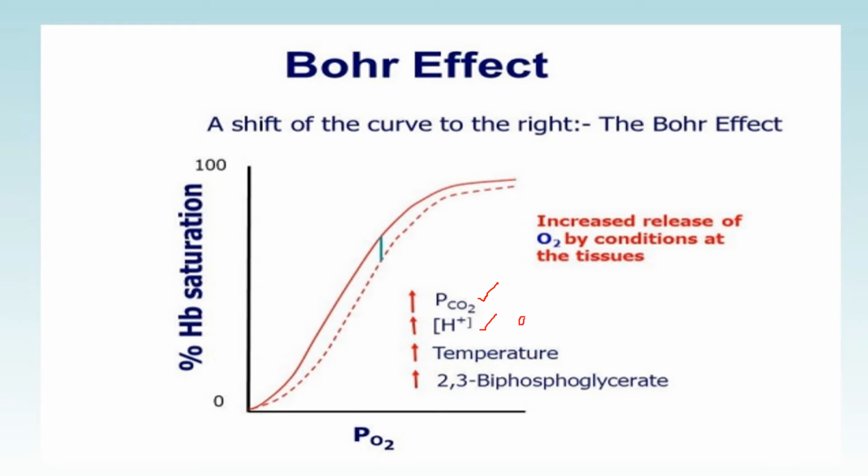High H plus ion means acidic pH. Acidic pH is less than 7, so the pH should be low. Low pH is acidic, or simply we can call it a high H plus ion concentration. And there should be more temperature, and high release of 2,3-bisphosphoglycerate by the RBC. This is the compound formed by glycolysis in the RBC, and it favors the dissociation of hemoglobin